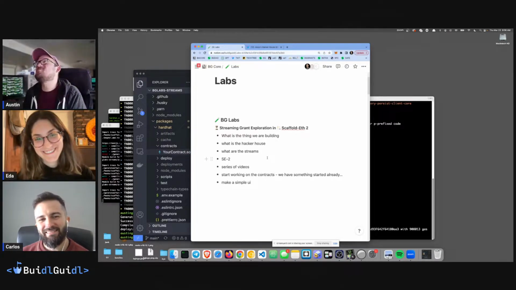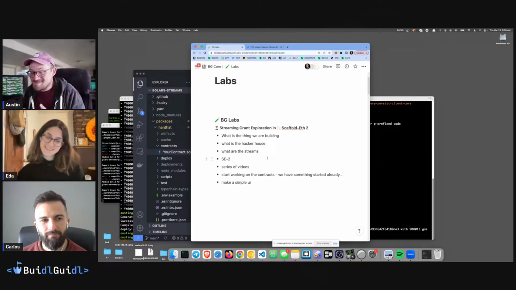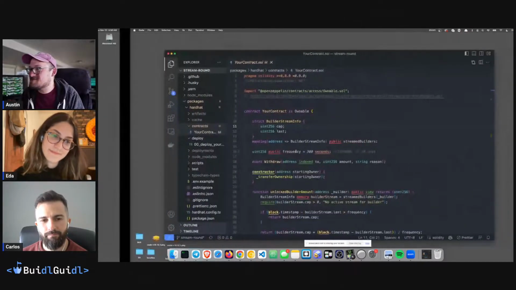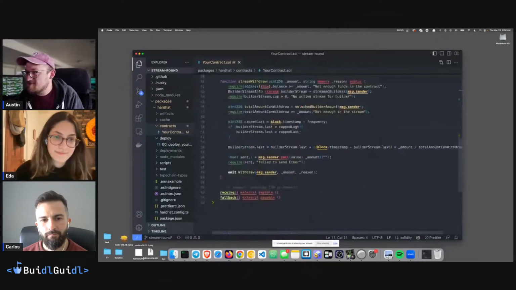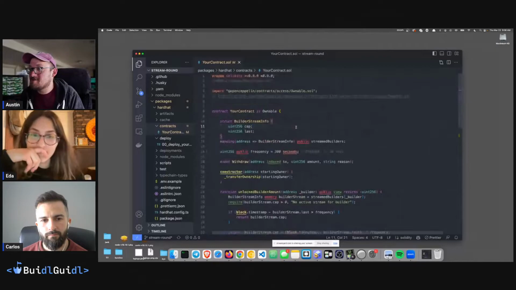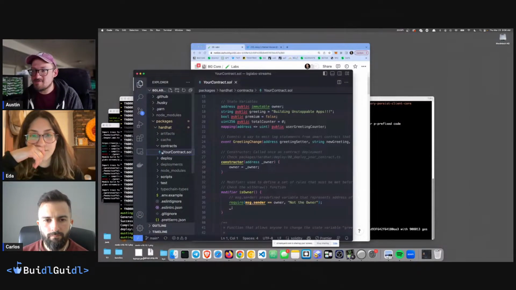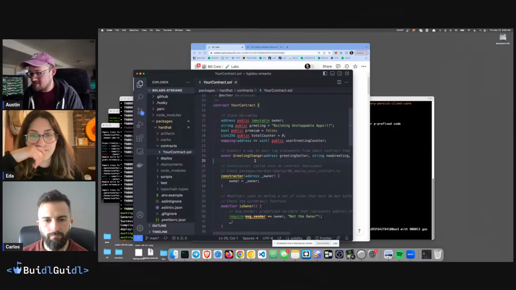So we've really bounced around on the psychology of this, but the solidity of this is actually pretty simple, right? We've stolen some code. I have some laying around from some of our other streams, and I'll bring that into a fresh Scaffold-Eth project, and we'll start messing around with it.